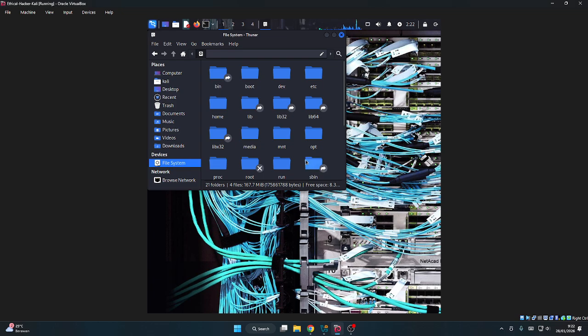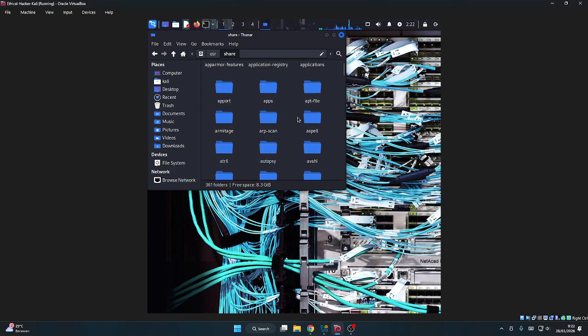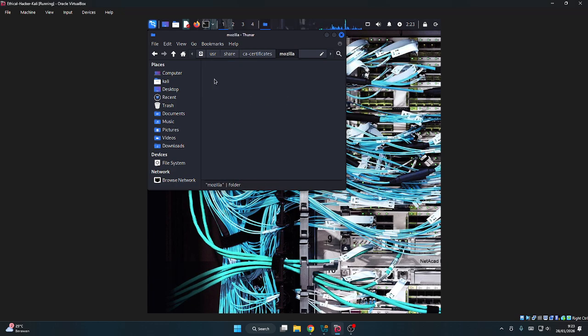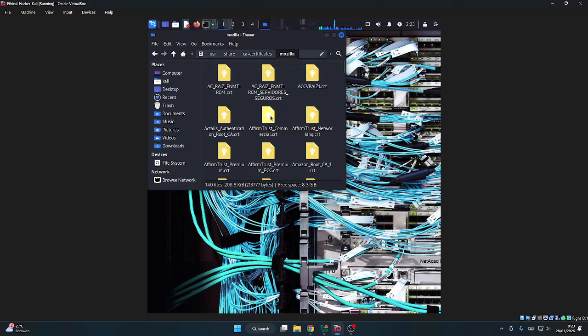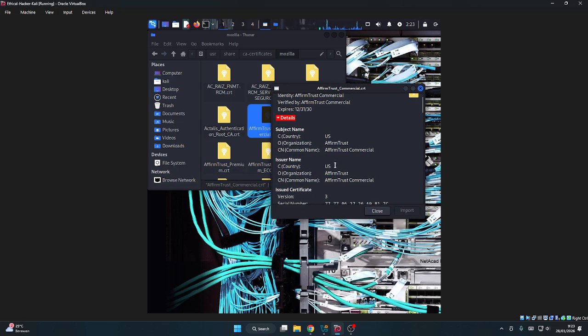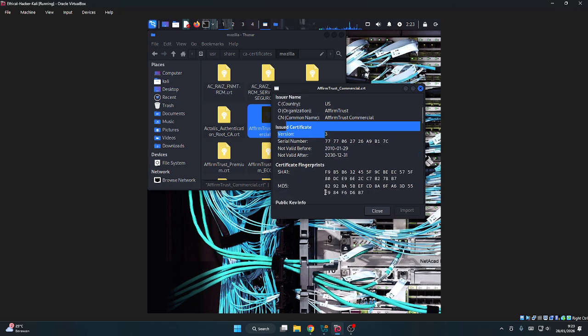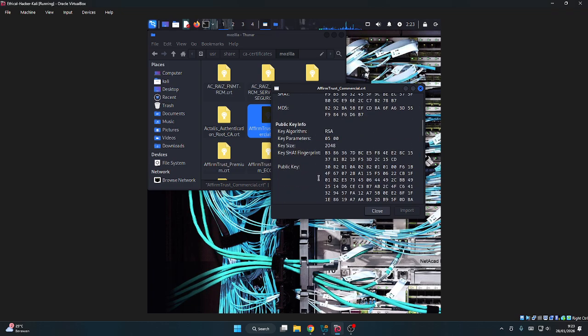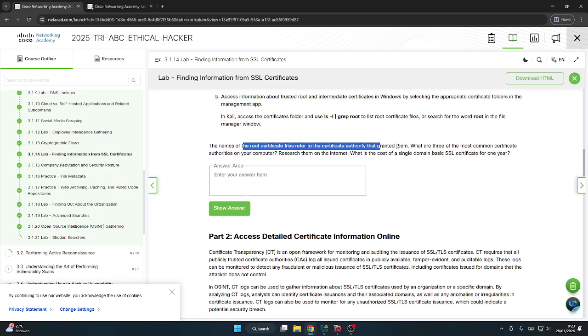We can see at usr share ca-certificates mozilla, and there is a menu with information about the certificate. We will see one commercial here. Subject name, issuer name, issued certificate, and certificate fingerprint. The names of the certificate files refer to the certificate authority that granted them.